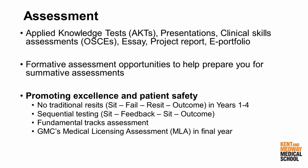We are all about gearing you guys to be very successful graduates and really doing very well in the General Medical Council's Medical Licensing Assessment, the MLA, which is in final year, which is a national exam for all medical students wanting to graduate and get a license to practice in the United Kingdom. And it starts in the 2024-25 academic year. So our current first years will be in the first cohort sitting the MLA exams at the end of final year. So we want to set our students up to excel in that final year exam,